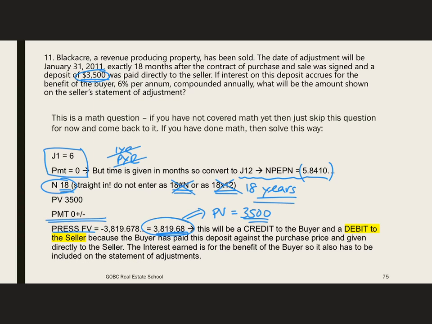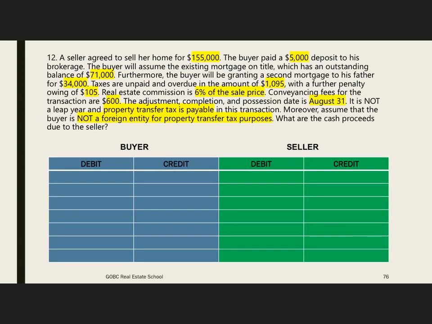interest to the buyer. Okay, so the next one, let's do multiple things at once so that we can be a little bit more efficient, right? This is what you guys should be doing to cut down the time. You're trying to manage your time better and take less seconds, less minutes to do these questions. So sellers agreed to sell her home for $155,000. So that is a debit to the buyer and a credit to the seller. The buyer paid $5,000 deposit to the brokerage, so that is a credit to the buyer and it won't appear